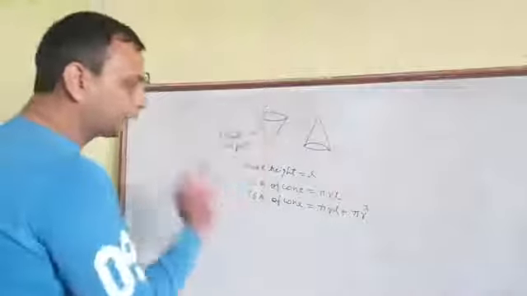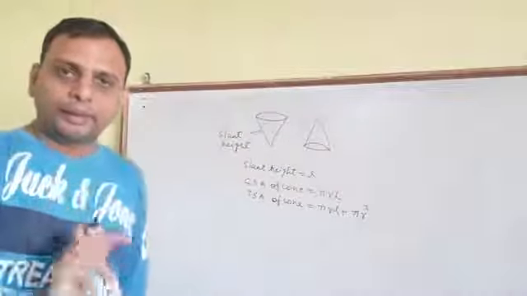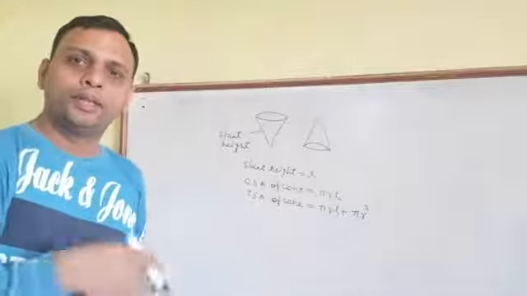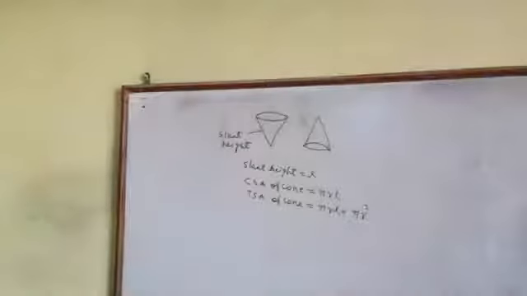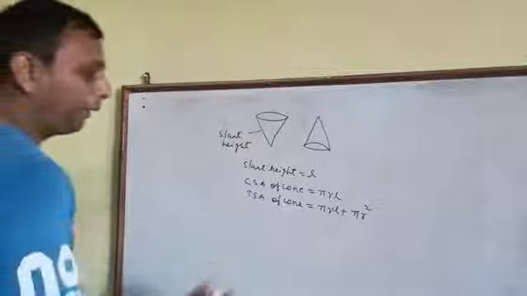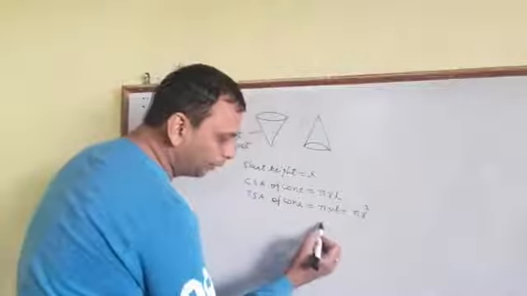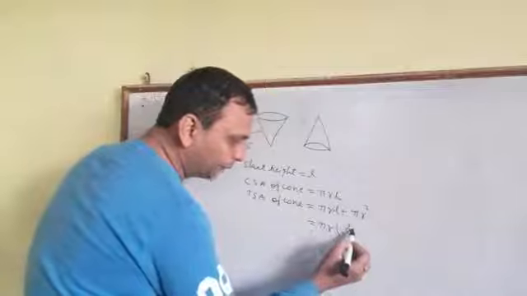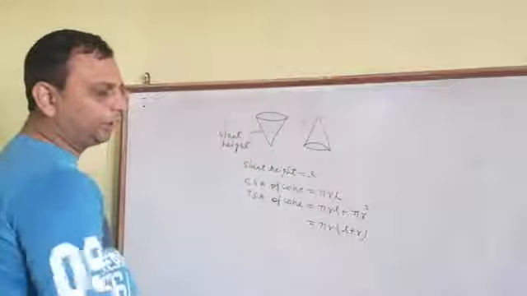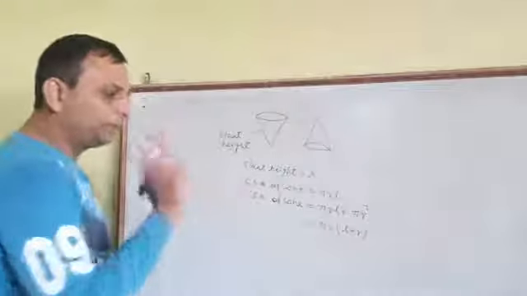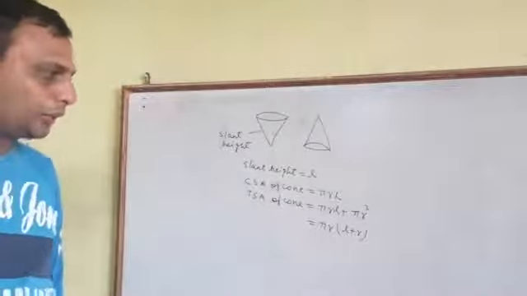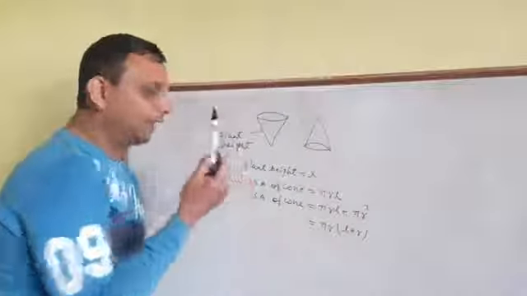So when I use the total surface area of the cone, in that question we are using the bottom part that is in the shape of a circle. So the total surface area of the cone becomes pi r l plus pi r square. Here we can take something common: pi r times (l plus r). This is the total surface area of the cone, and this is the curved surface area of the cone. And here the l, as I told, is the slant height.